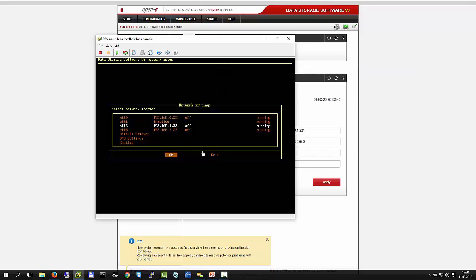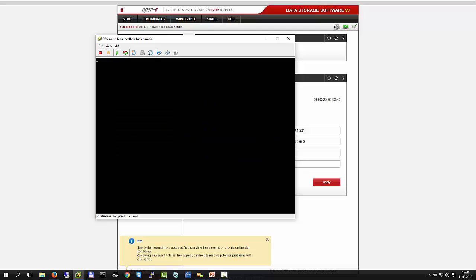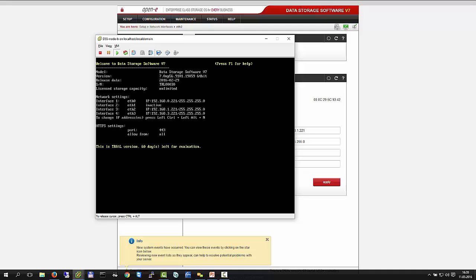Let us still see what happened here. Is it okay? I will still refresh with F5. Okay, good. We can see ETH2 now is 192.168.1.2.1. So that's our card, which is good for the volume replication. Let's say in your production you will have more complicated setups, you will have more cards. So for the temporary, you can use even your management port cards, which I just use for management, for the volume replication and for